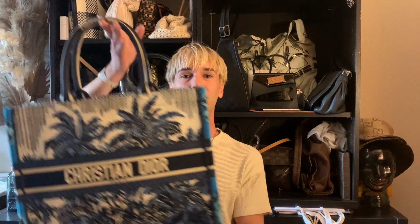This is my Christian Dior book tote, which is a woven bag. I think it's great to go to the bookshop with, and that's exactly what I did today. I like to look after my bags. Now, a lot of women on the internet buy twillies, which are scarves that you can wrap around the handle, and I really don't like that. I like the bag as it is, all my bags, and I don't want to wrap a scarf around. I think it's way more glamorous to actually...